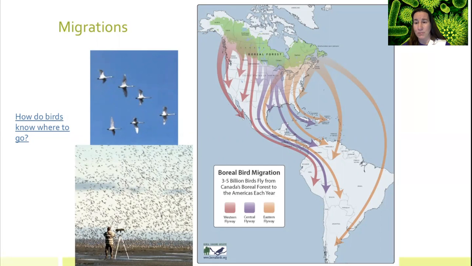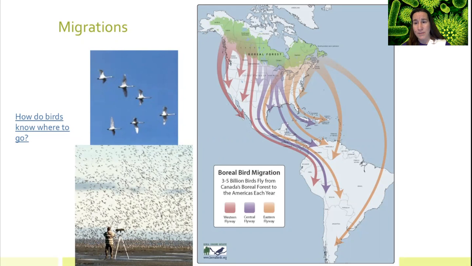So it's better for you to breed in that place, but it's not best year round to live there because maybe it's really harsh the other times of the year. So birds and other animals will migrate to find food, to find great places to reproduce that are safe for their young. So they will migrate, and one of the main triggers to set them off on migrations is the daylight cycle. How many hours are in the day?